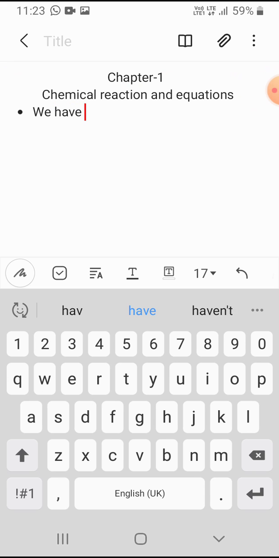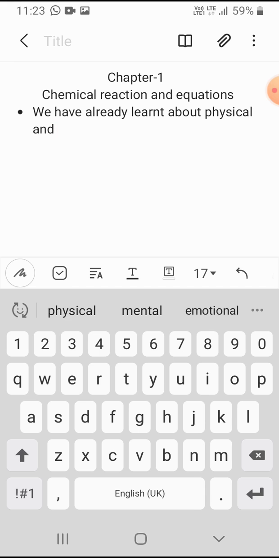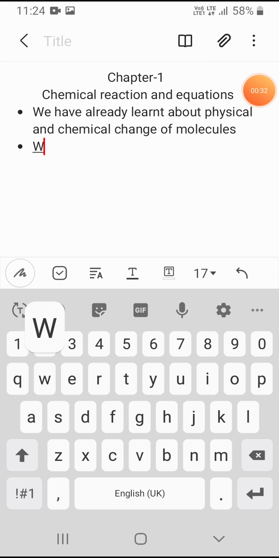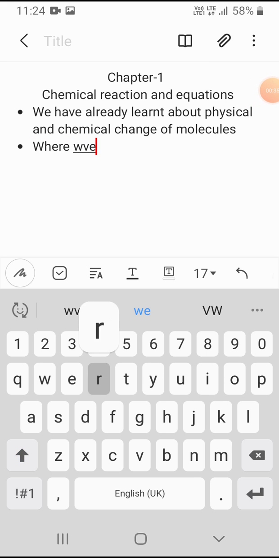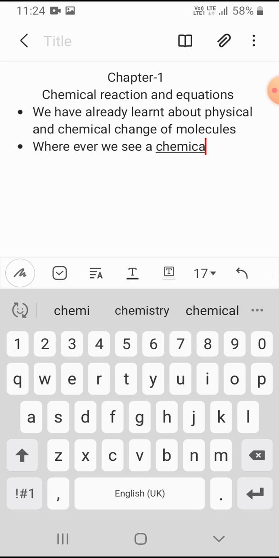Today I am going to explain your 10th standard science first chapter, chemical reactions and equations. We have already learnt about physical and chemical change of molecules. Whenever we see a chemical change,